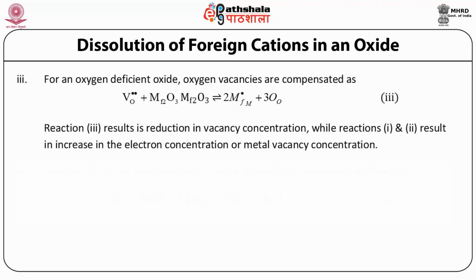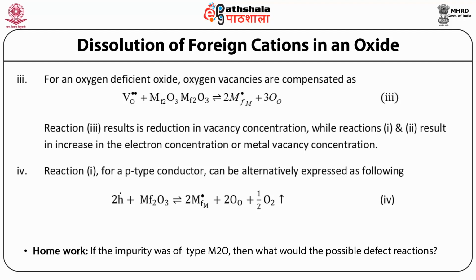The fourth is reaction 1 for a p-type conductor, which can alternatively be expressed as 2h, that is holes, plus MF2O3 gives 2 MFM plus 2OO plus half O2. Now, case 2 is where the parent oxide is MO and the foreign oxide is MF2O. Students, you can take this as an exercise or homework, and it is recommended for you to carry out